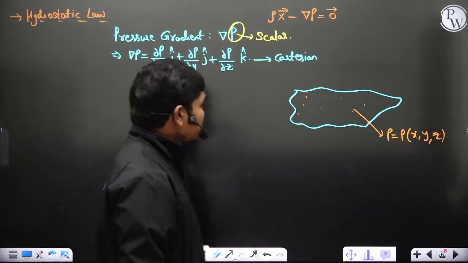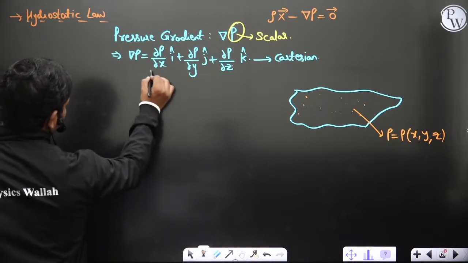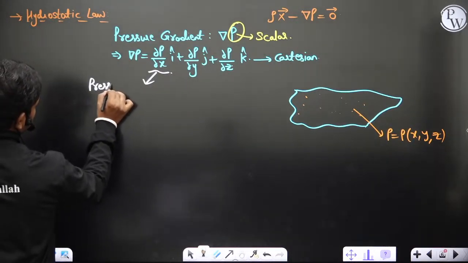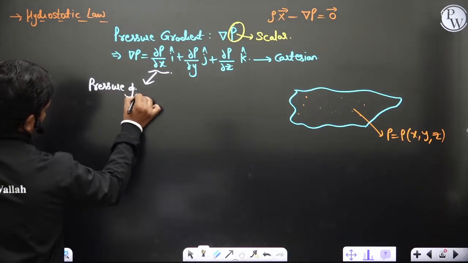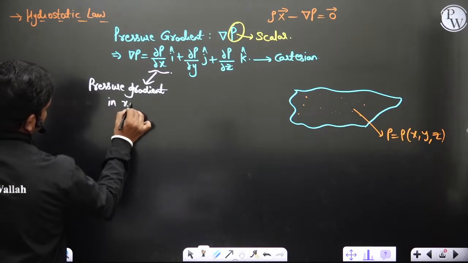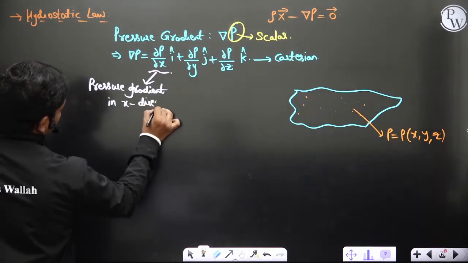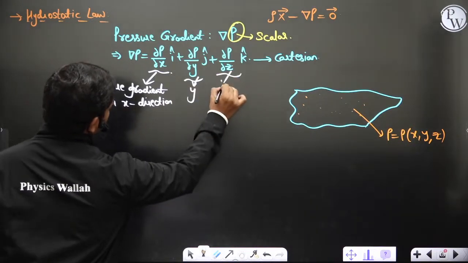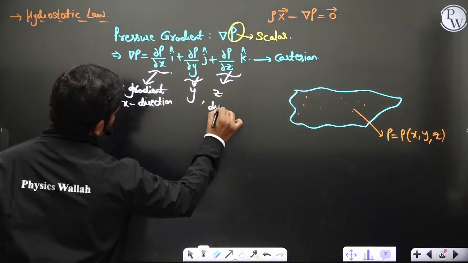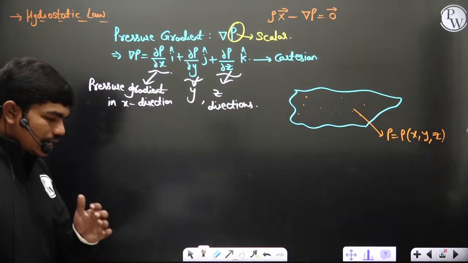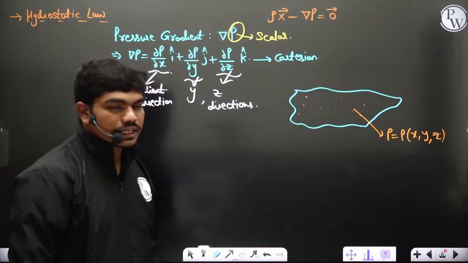Now try to understand one thing, what do we mean by dou p by dou x actually? This is the pressure gradient in x direction. Similarly, this is in y, and similarly this is in z direction. Okay. Now, try to understand one thing here, if this is in Cartesian,